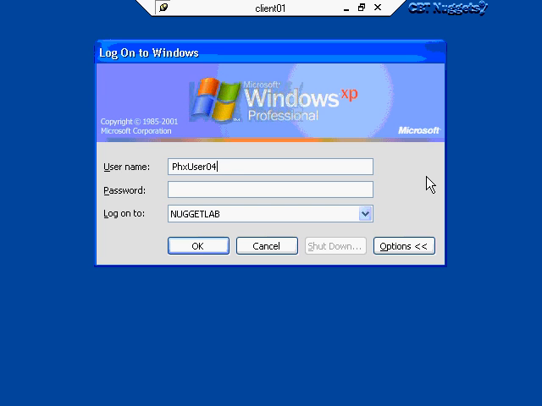Now then, offline, I reset the default user profile locally back to its verdant green meadow, Bliss wallpaper, and all of the other configuration settings that you're used to seeing with Windows XP. And the purpose for doing that is to log on as Phoenix User 04, where I've again made it a local user profile only. And then when I log this user on, we see that it's going to download its